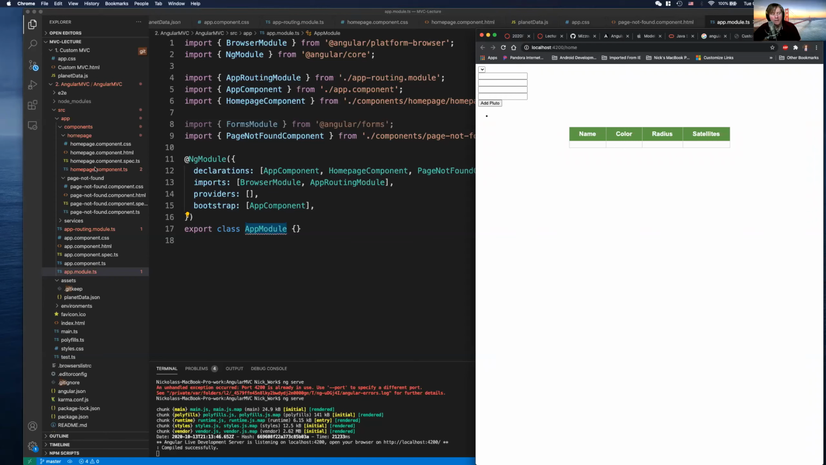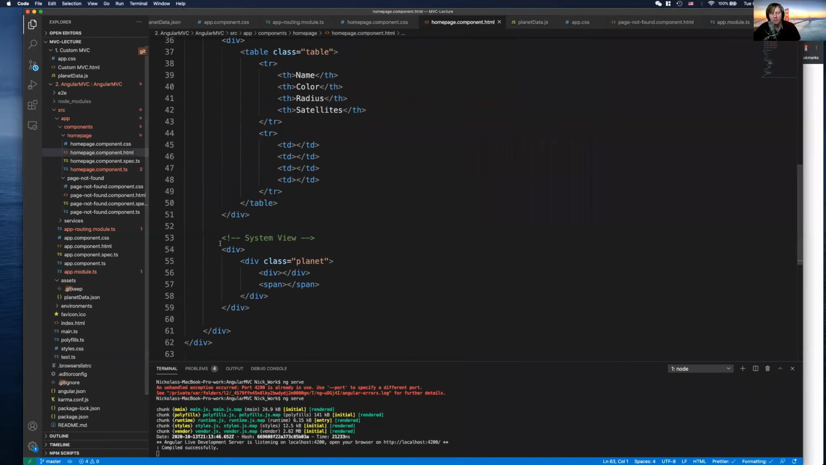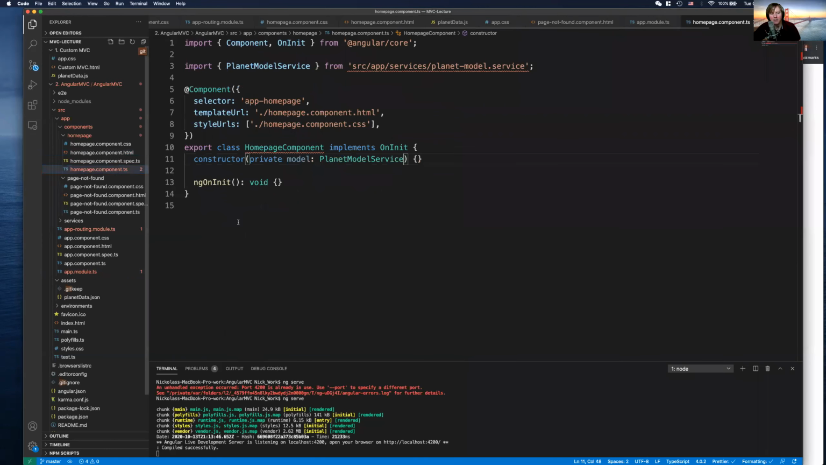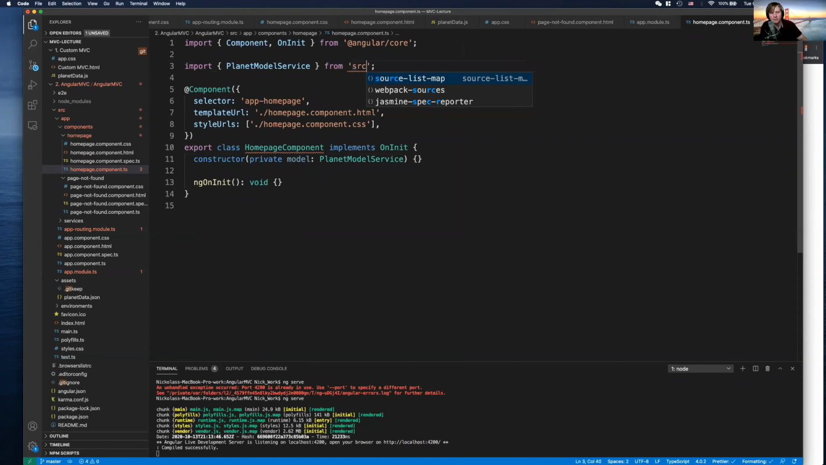Okay, in the home page, here's our MVC. Now we've been implementing the view and the controller all along. So if I open up the HTML file here, this is my view. And if I open up the TypeScript file here, this is my controller. Let's see, source. Let me see if this has changed. It should not have changed. If I do source, app,